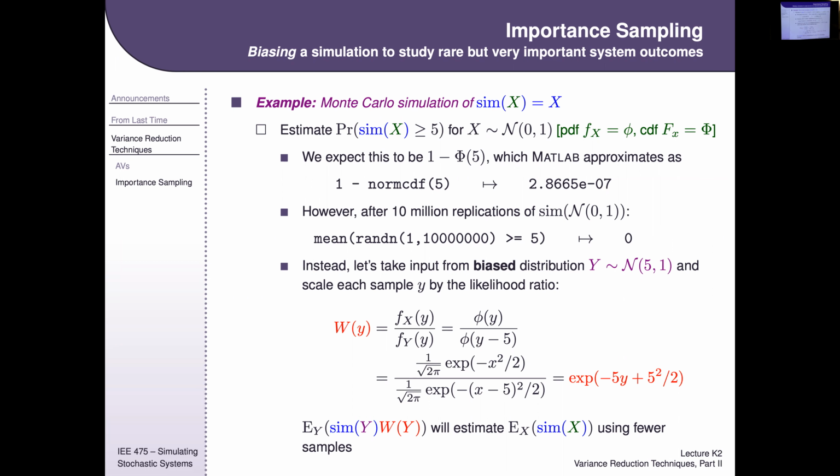Now, I need to calculate this likelihood ratio first. And all I do is say, I need the PDF of the original value, or the true input model, divided by the PDF of the bizarro input model. That's just the PDF of a standard normal divided by the PDF of a shifted standard normal. You can write out the expressions for those, do a little simplification, and there is your likelihood ratio. So this is telling me that if I rerun my simulation using this as an input model instead of that,